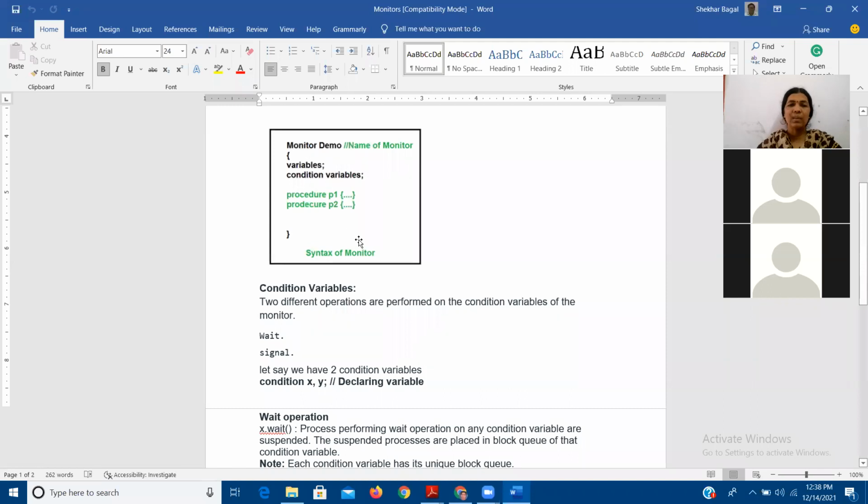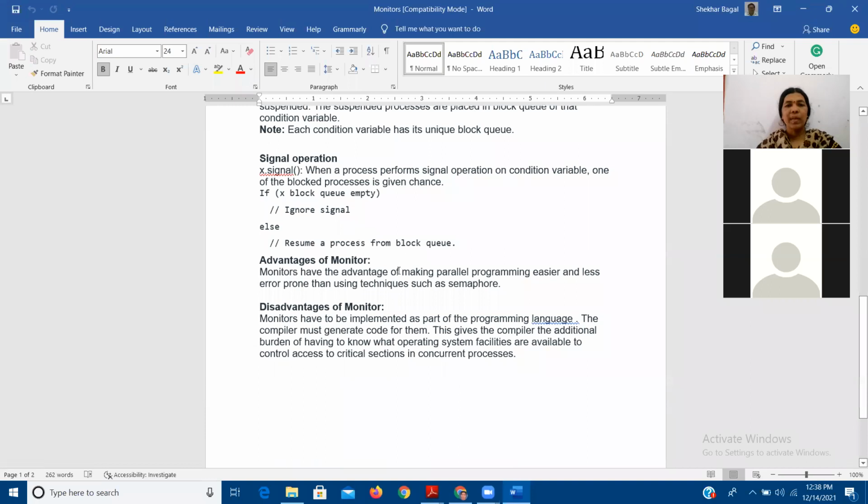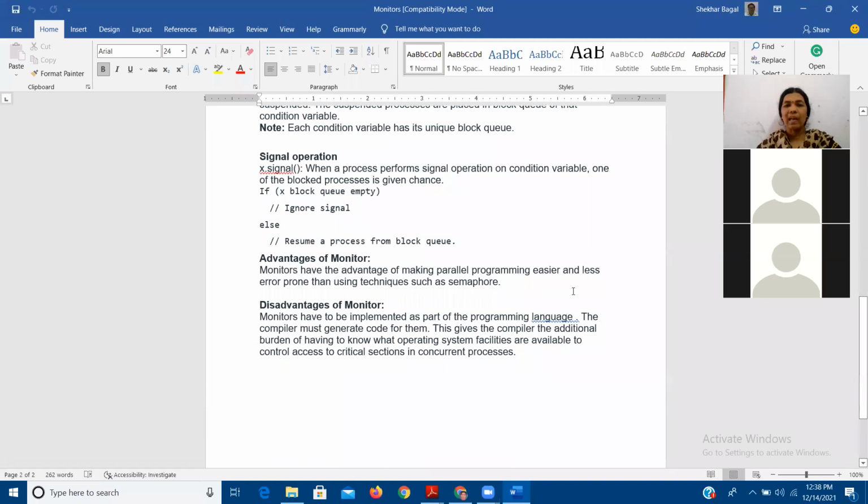So this is the concept of monitor. Further, the advantage of monitors is that they make parallel programming easier and less error prone than using techniques such as semaphore. The semaphore implementation is somewhat like C programming, a procedure oriented language, while the monitor is object oriented like C++.